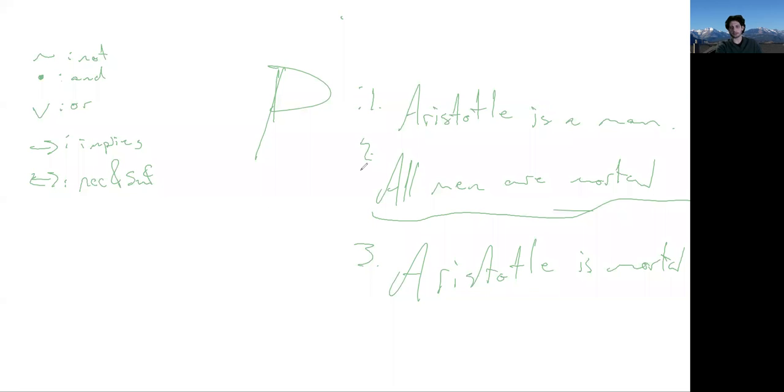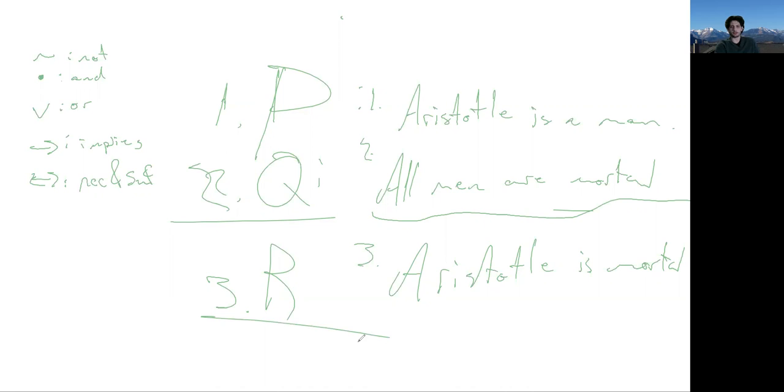And so what we want is a logical system that can capture even these very simple logical arguments. But if we're just stuck to propositional logic, then unless we can break it apart with the ands and ors and nots, all we can do is assign each sentence just a single capital letter. So that's as far as propositional logic really gets us. And notice, if those are the three sentences I'm going to do a proof or a truth table on, there's just nowhere you can go from that, right? You start off, all right, P is true, Q is true, but that says nothing about R being true, right?